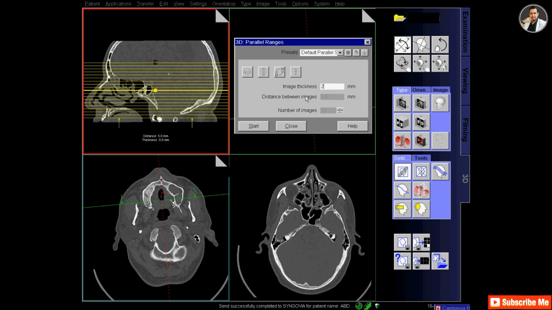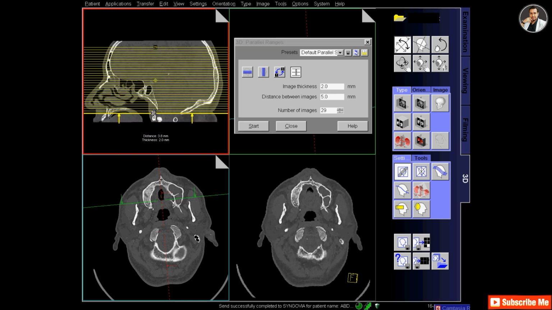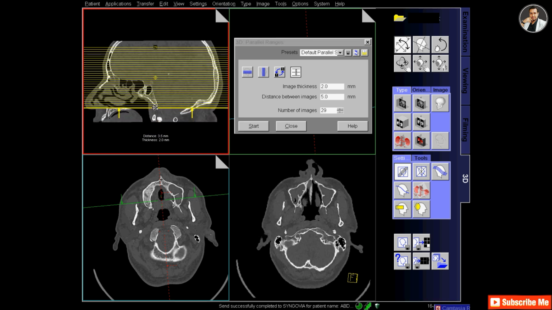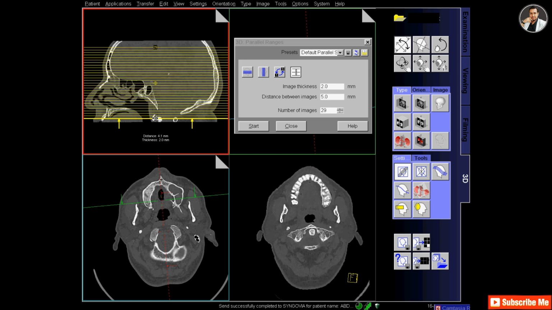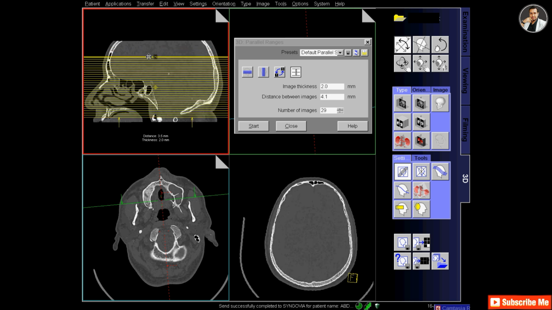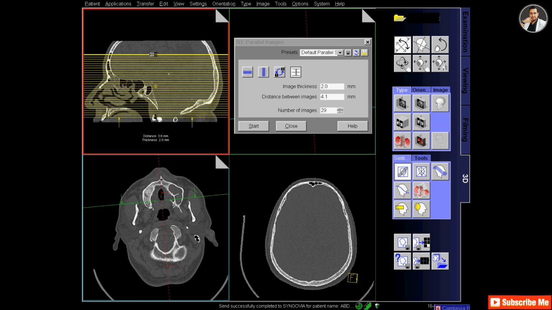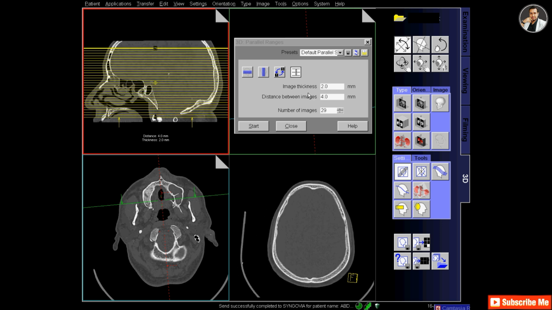So let's first make the axial images. For this I have selected the sagittal. On the sagittal images I am giving the axial slices and drag the slices so that the maxillary sinus is included, from below the teeth up to above the frontal sinus.